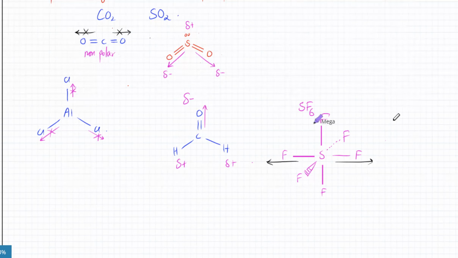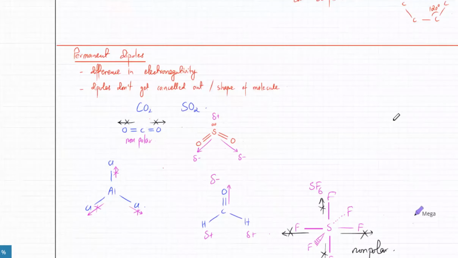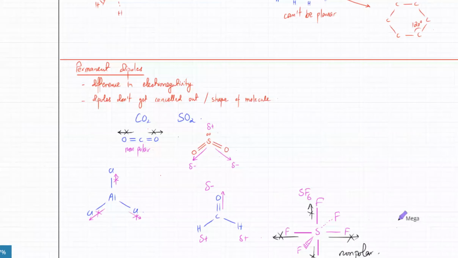One of them is trying to pull them upwards. One of them is trying to pull them downwards. The electrons would just stay wherever they are. एक सामने की तरफ खींच रहा है, one of them is behind it, but all the dipoles will get cancelled out. So this one is non-polar. ये भी cancel out हो गया because this one is non-polar. So you have to be careful about shape and the difference in electronegativity. और दूसरा